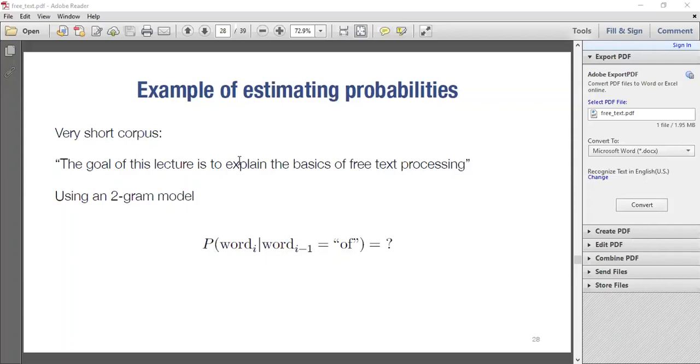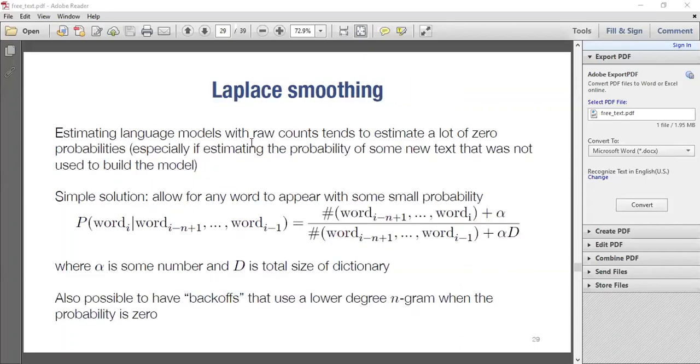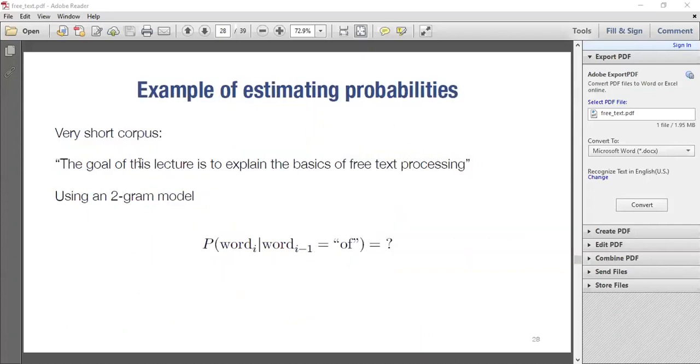Using this document, "free text" will have a probability of half, while others will have a probability of 0. Now, what happens in Laplace smoothing is that it doesn't make sense to have a situation where every other word will be 0, because using it in a different context where these two don't appear, it will mean that it